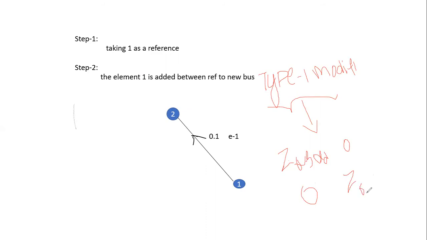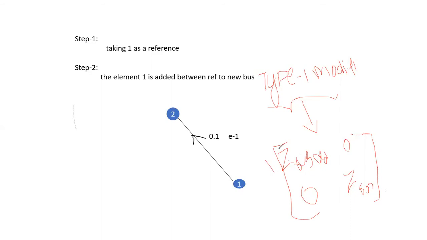ZBR is the element that will be added from the reference node to the new bus. In this case there is no Z-bus old matrix, so it is considered as 0.